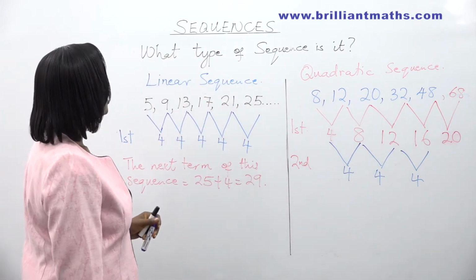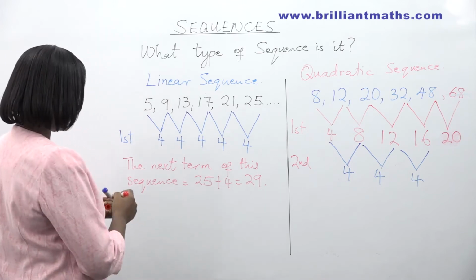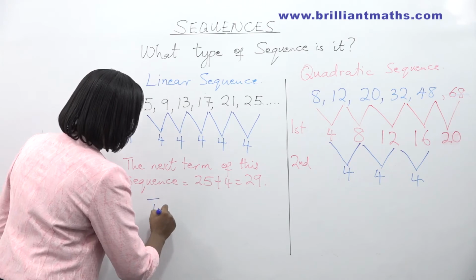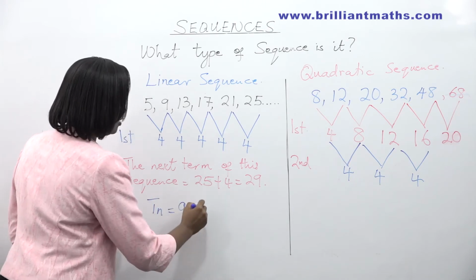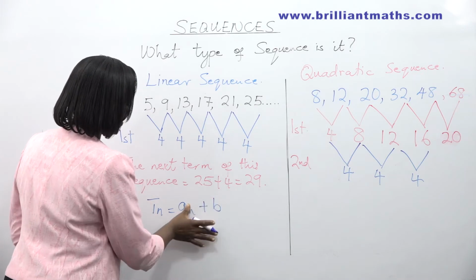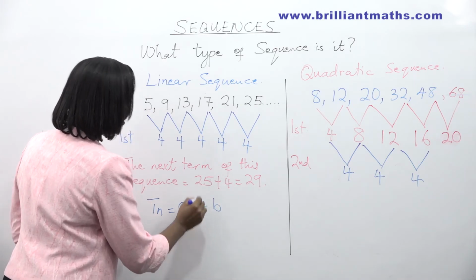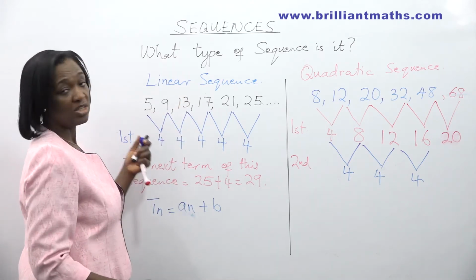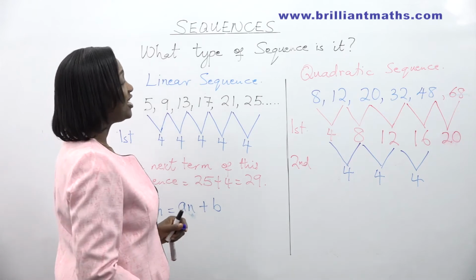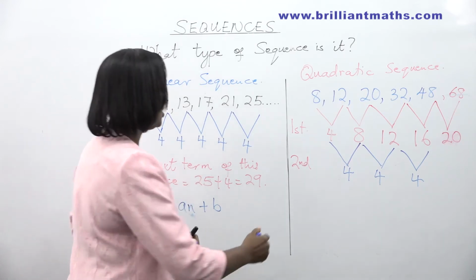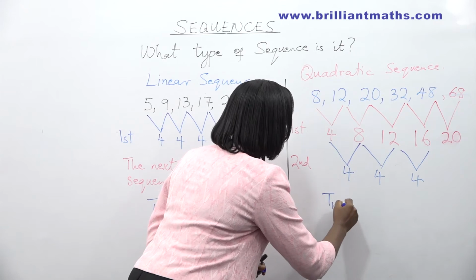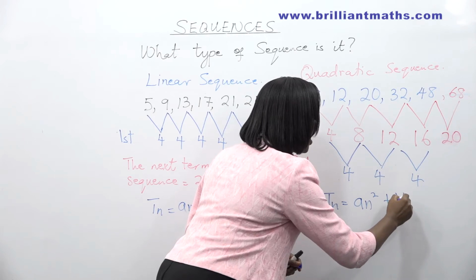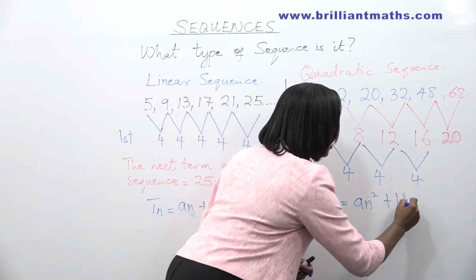The formula for finding the nth term of a linear sequence is Tn. Tn is equal to An plus b, where n is a term, first term or second term or third or fourth in the sequence. The formula for finding the nth term in a quadratic sequence is Tn is equal to An squared plus Bn plus C,